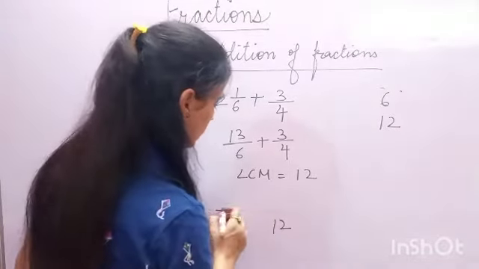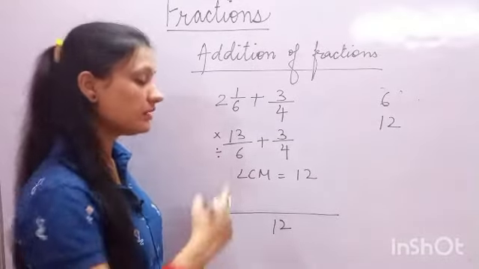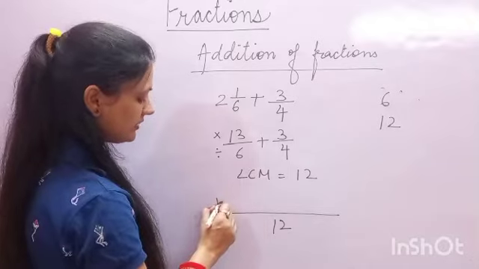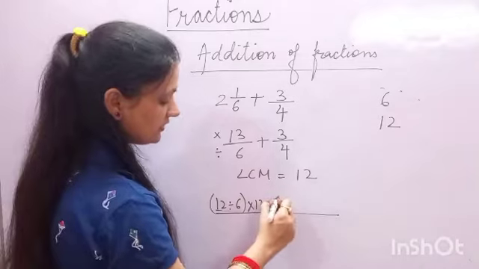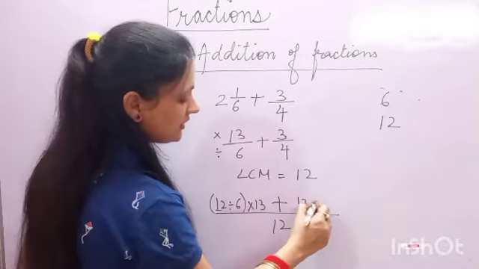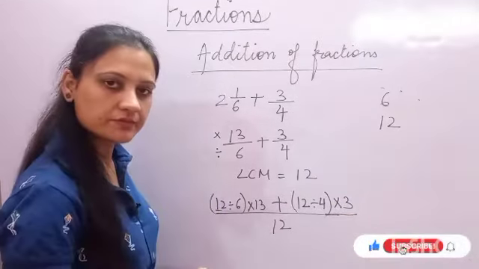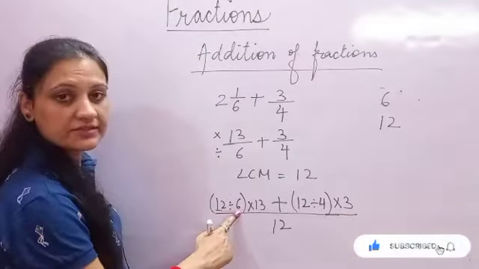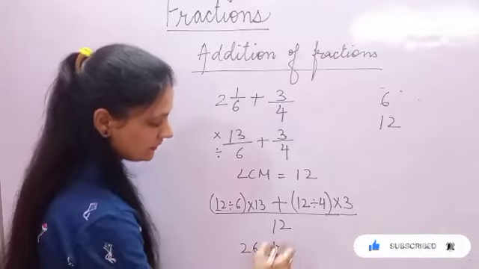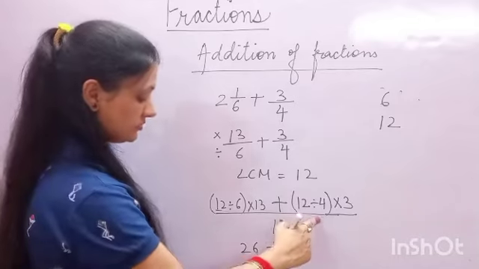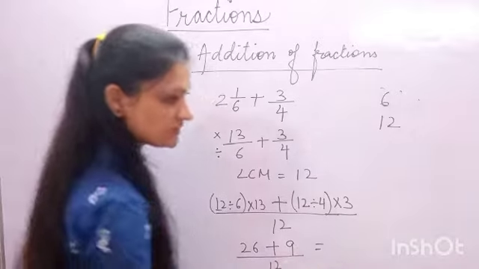So what we do here? Now we'll write down 12. 12 should be divided by this and then the answer should be multiplied by the numerator. So 12 divided by 6 and then multiply by 13. Sign of addition. Again 12 divided by 4, multiply by 3. Okay. Let's say 12 divided by 6 is 2, and 2 multiplied by 13 is 26. 12 divided by 4 is 3, multiplied by 3 is 9. Here 12, 26 plus 9,